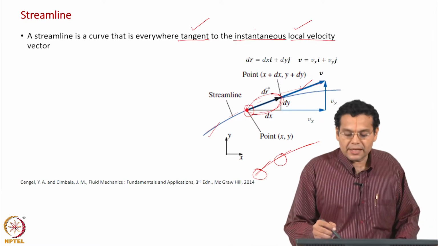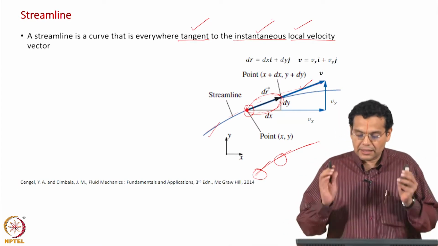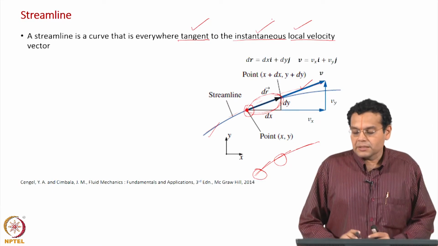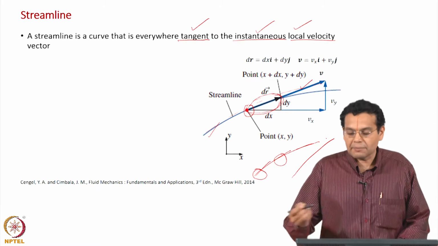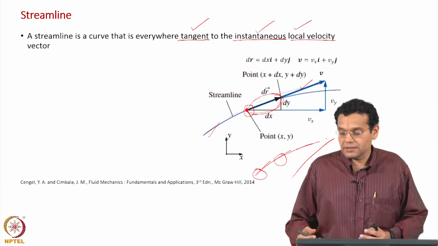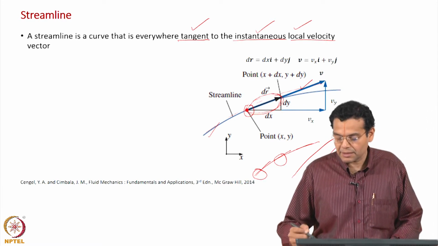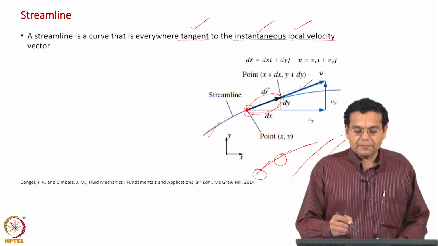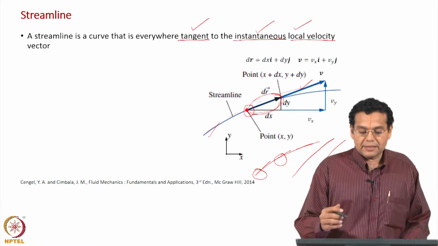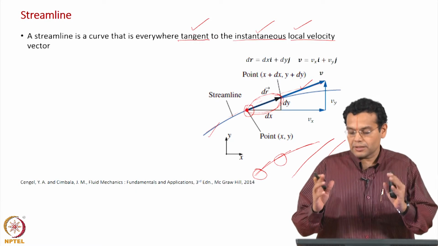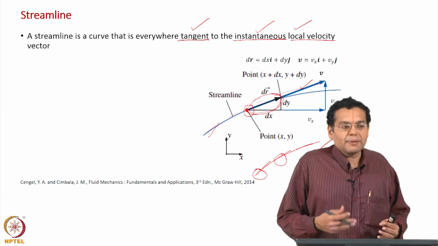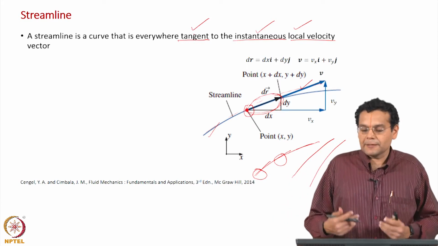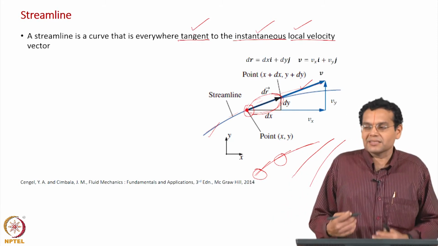Thirdly, instantaneous. What does that mean? At that particular instant of time, this is the streamline. So, you have a streamline, let us say at some instant t, and at some other time, let us say at the first second, this is a streamline, and at some other time the streamline may be different. That is why streamlines are instantaneous, at a particular instant of time. I think this should be kept in mind: the way in which time plays a role among these three visualization patterns is slightly different.